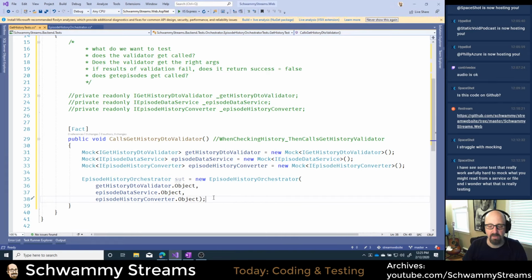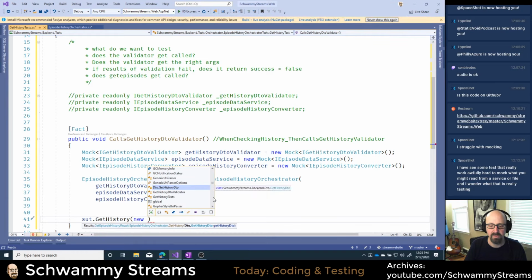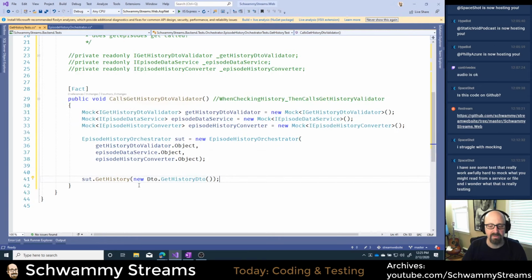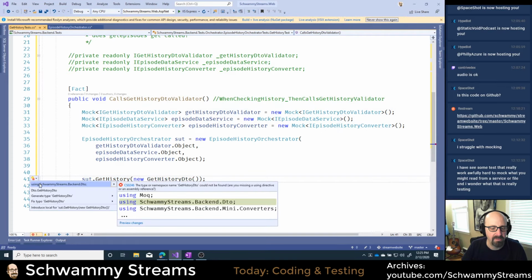If I was to go in here next and say sut dot GetHistory, which is the method we're calling, and I pass in some sort of new GetHistoryDTO, this theoretically would try to work. It would try to do something. We'll fix this stuff in a bit. I hate having those namespaces in there.